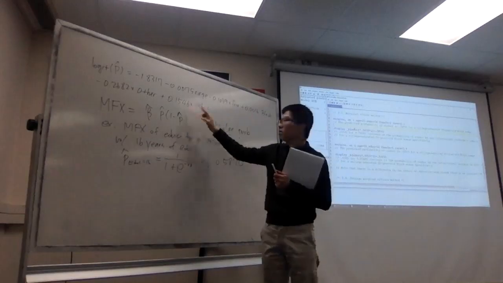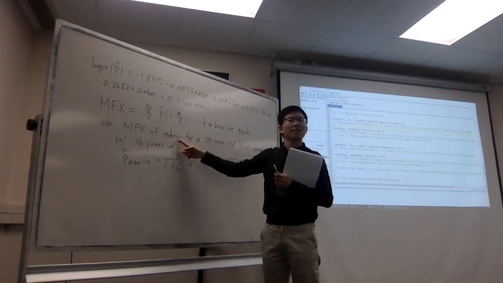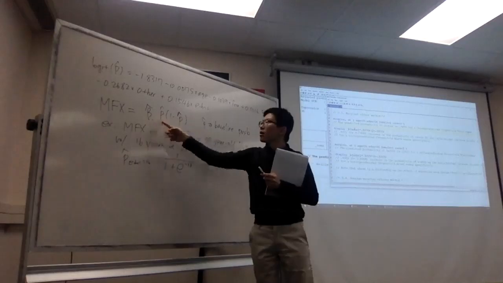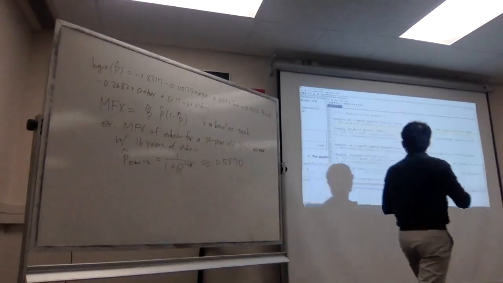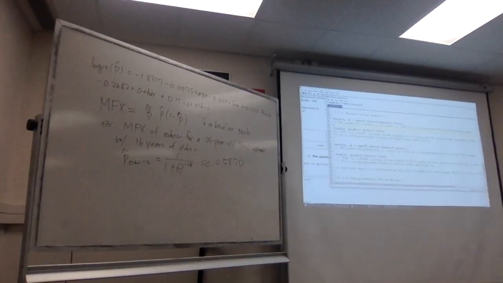Sorry, we're looking at the education effect, right? So that's why I typed the command display education variable's b and this number and this number. If you run the command, then you would have 0.0375,